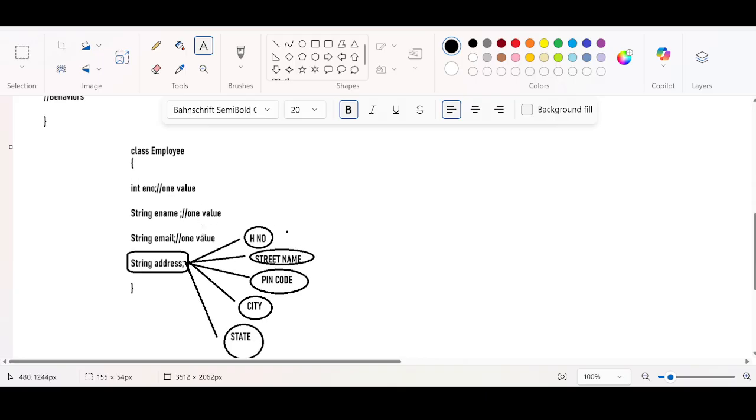Or if you have one value, no issues, you can directly define that by using the primitive types or the class types. But if you want to represent data that is collated with a lot of values, that is dependent upon many values, what you can do is use a separate class as the address class. You can take a separate class, and this address class is going to have all these fields or variables: integer house number, string street name, and integer or long pin code,